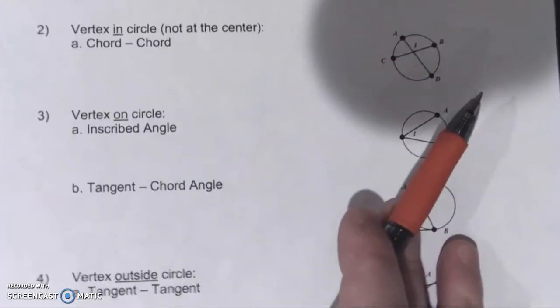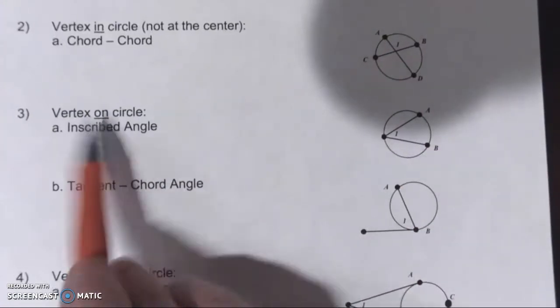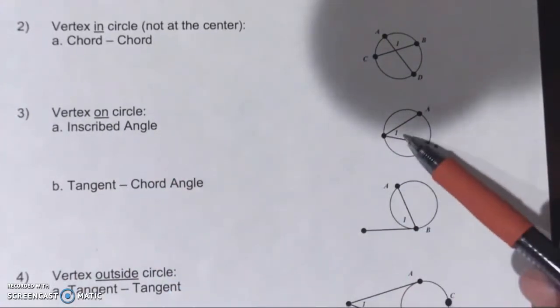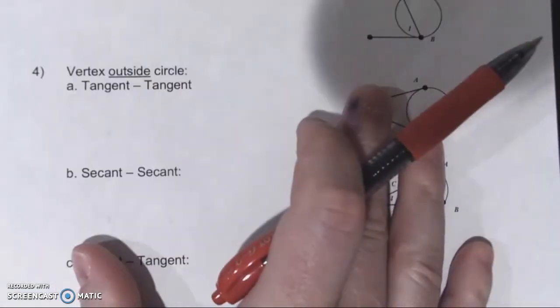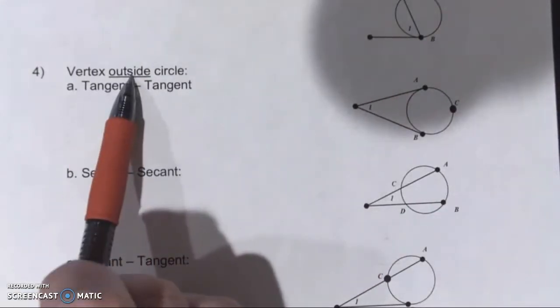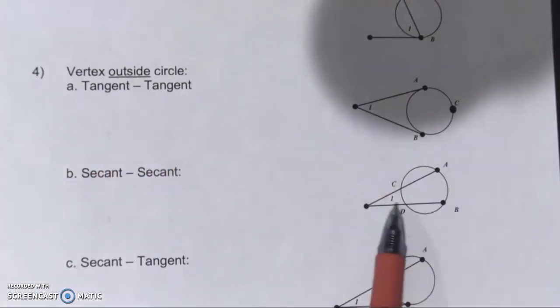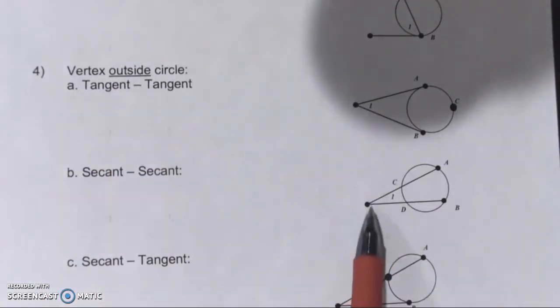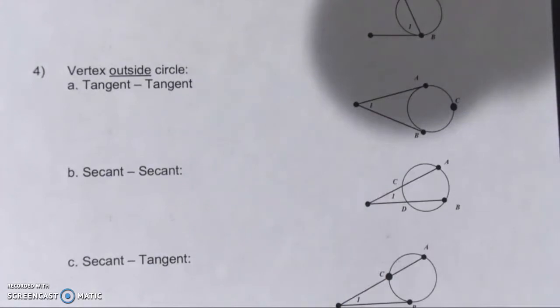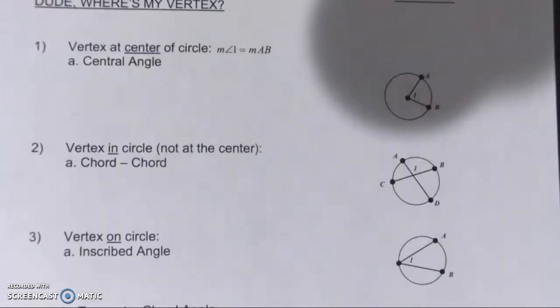We could have an angle whose vertex is on the circle, like one of these two angle 1s, or we could have an angle whose vertex is outside the circle, like this angle, and this angle. As you can see, the vertices lie outside of the circle, okay? And we're basically going to get into four formulas, if you will, as to how those angles relate to their